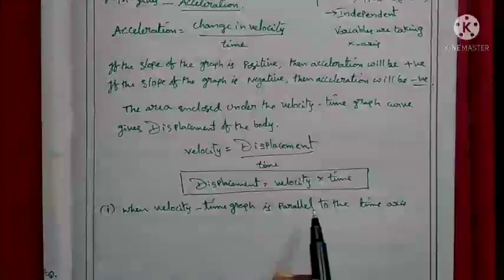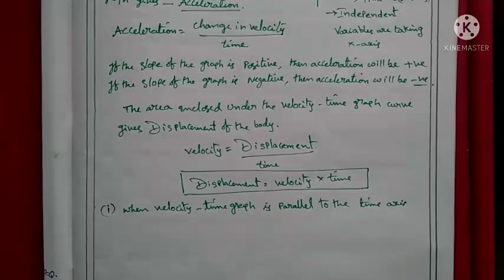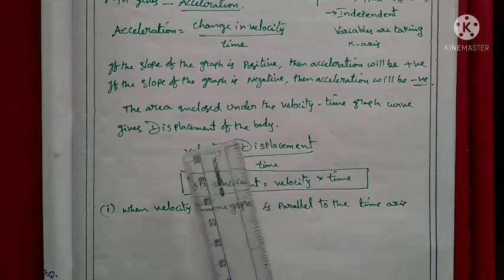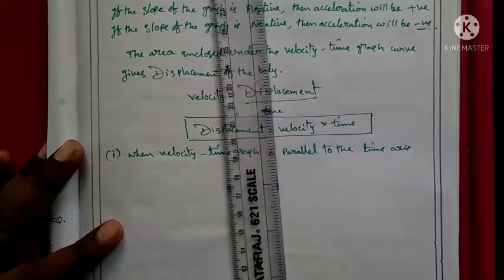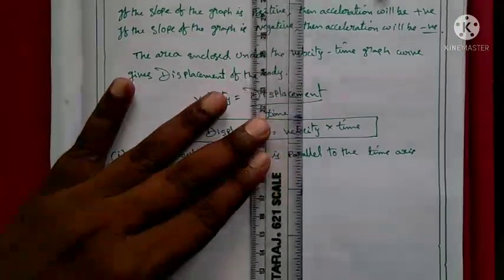The velocity-time graph is parallel to the time axis. How? Parallel means parallel to the time axis, like this. Now, first of all, if you draw the graph like that,